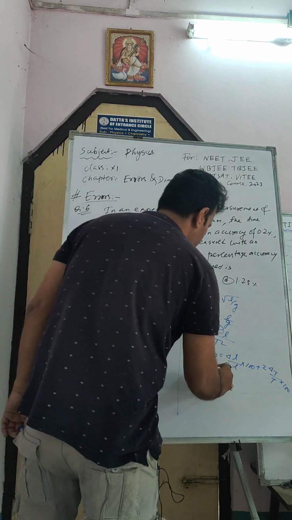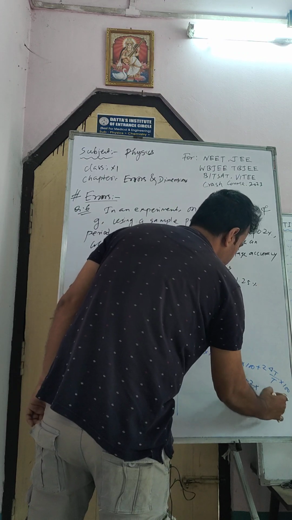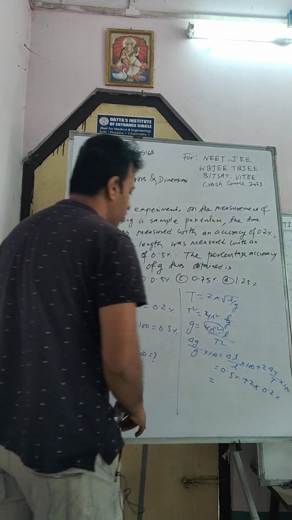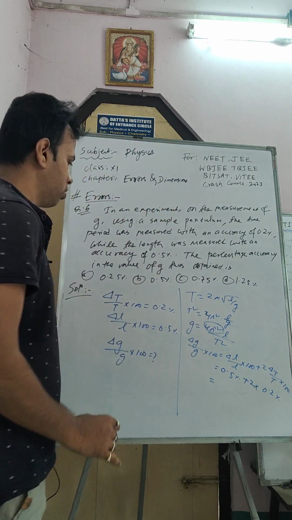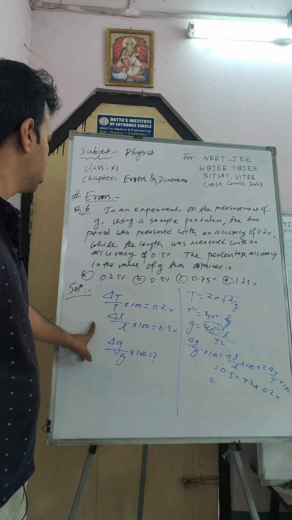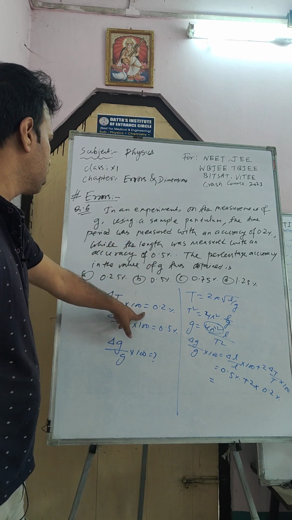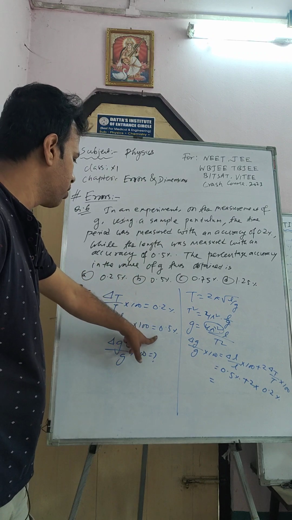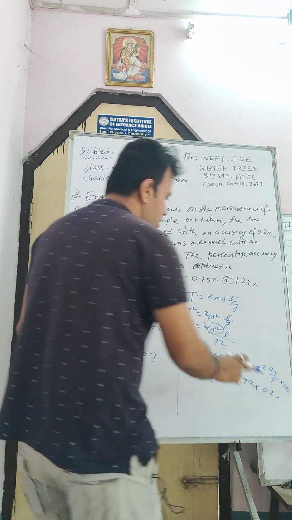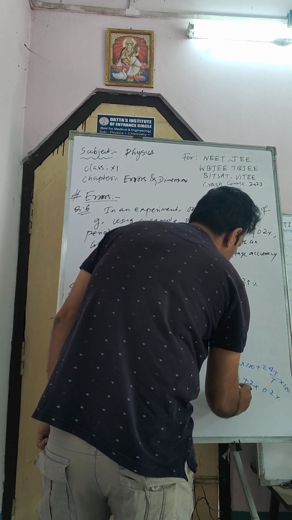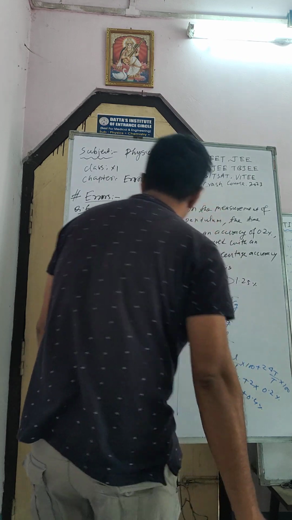It will be 0.5%. It will be 2 into 0.2%. So it will become what? 0.9%. So del L by L is the length measured with 0.5%, and the time period is measured with 0.2%. So del L by L is 0.5 and it is 2 into 0.2, that is 0.5% plus 0.4%. So it becomes 0.9%.